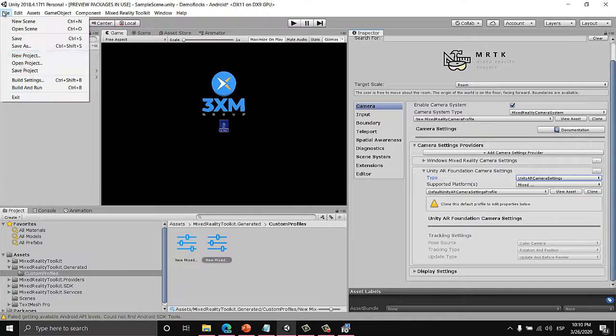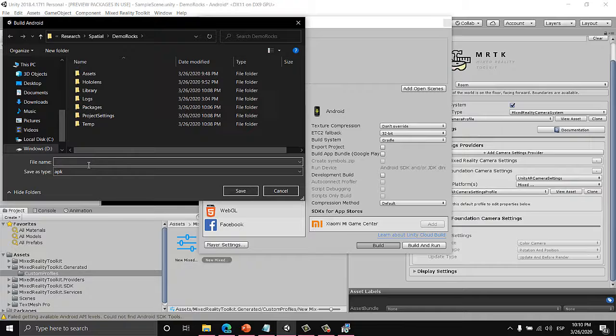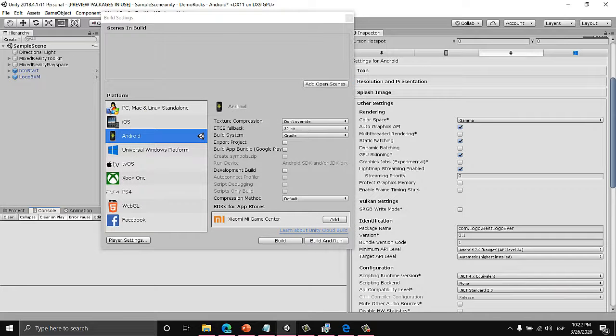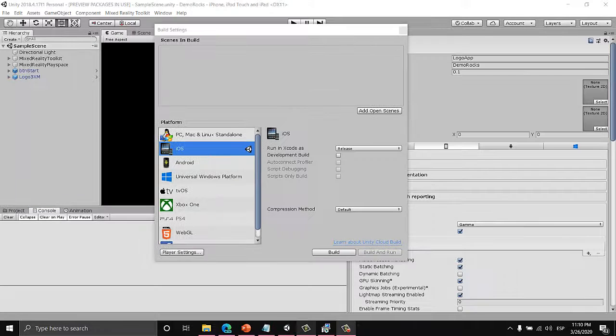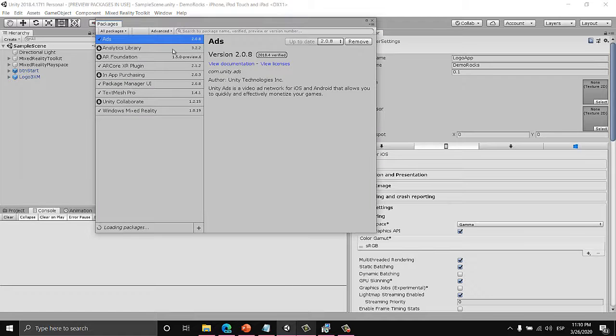Okay, great. So now we'll simply go to build settings and build our APK. You can name it whatever you want, and you will create your APK and you can install that APK on your Android device. Let's check how we would work if we wanted to export this application to iOS. I'm going to switch platforms. Once it finishes, we will need to uninstall ARCore and install